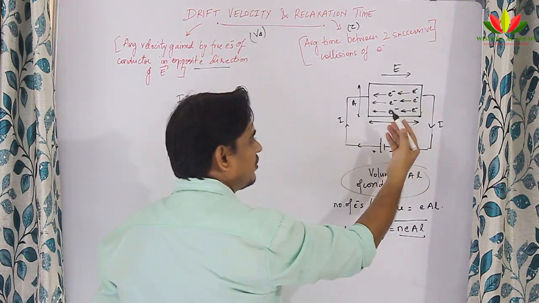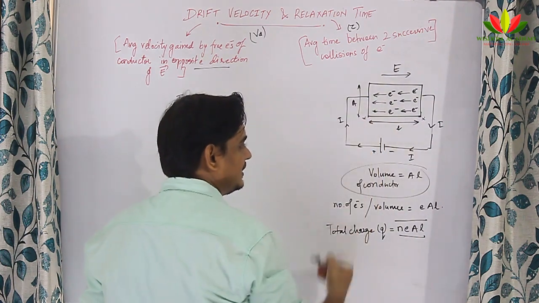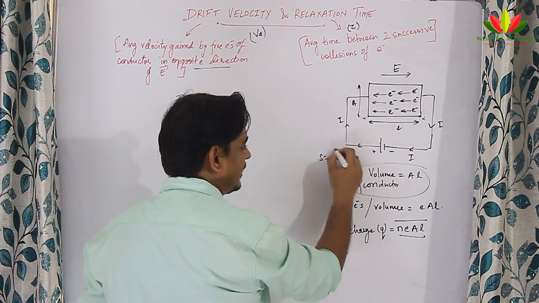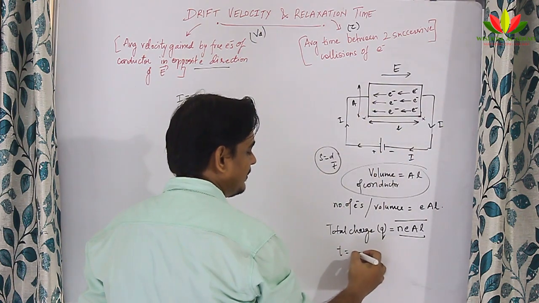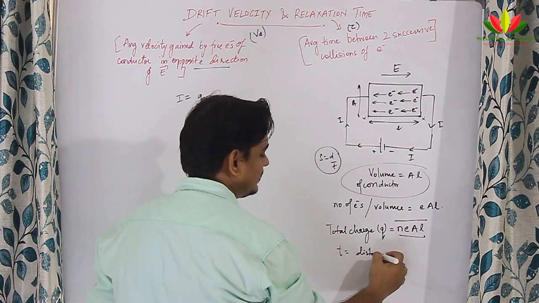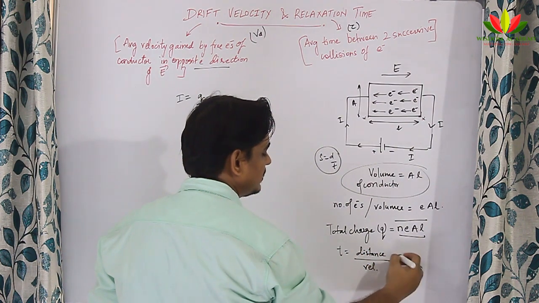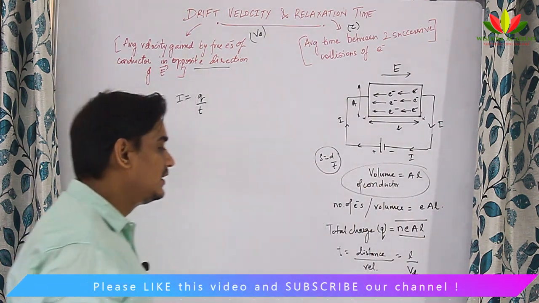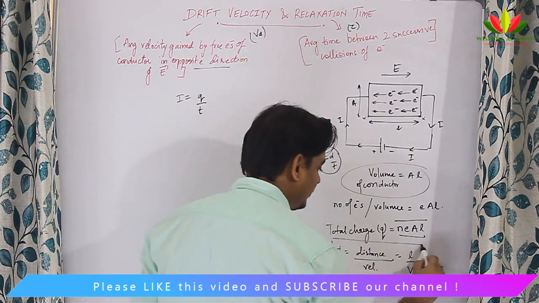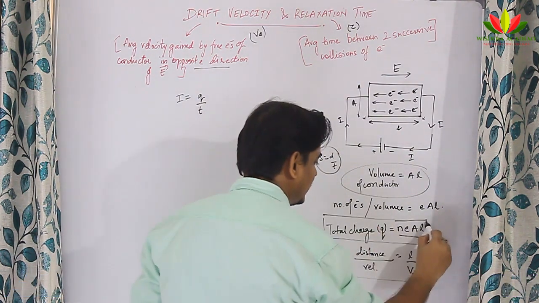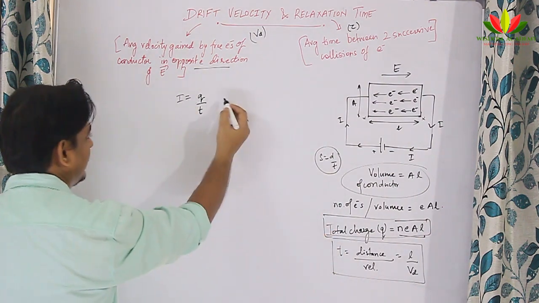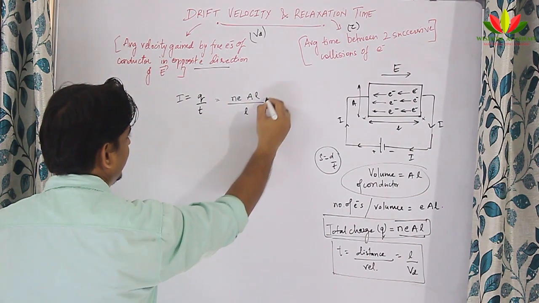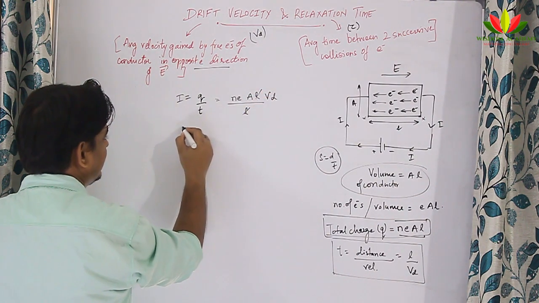The time taken for the electrons to move from this end to this end: we know that speed is equal to distance by time, so time will be equal to distance by speed. It will be the distance travelled divided by the velocity of the electrons. The distance travelled is L, and the velocity is the drift velocity, isn't it? So I will put these two expressions, the total charge and the time, in this equation to get the value of current. Q is equal to n e A L, time is equal to L by Vd, L gets cancelled. So I get I is equal to